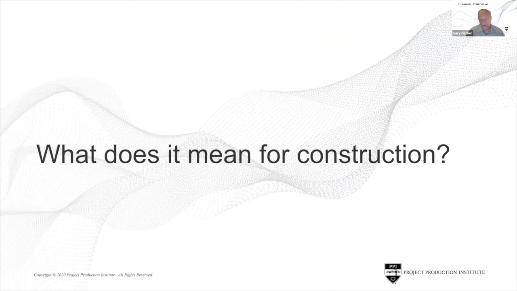And is it modularization? It's kind of the rage right now, thinking, if we modularize, we move it to a more controlled place to fabricate things together. We can avoid a lot of pitfalls, and we call that modern construction. Or is it what I call declared factories? You see them popping up all over the place. I have a well factory. I have an offshore platform factory. I have, you name it, an onshore separation factory. And is that what it means for construction? Or is that just really a replication of standard designs?